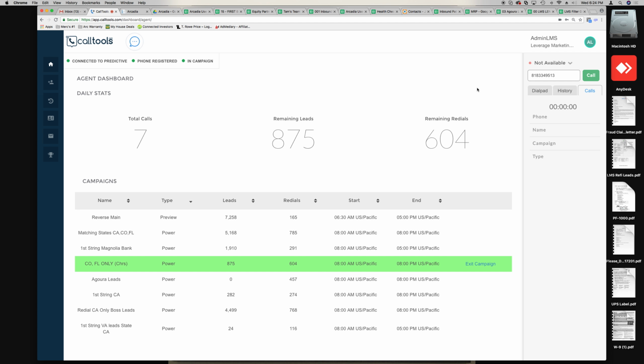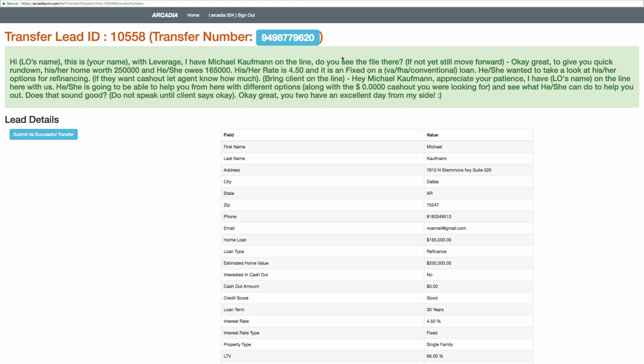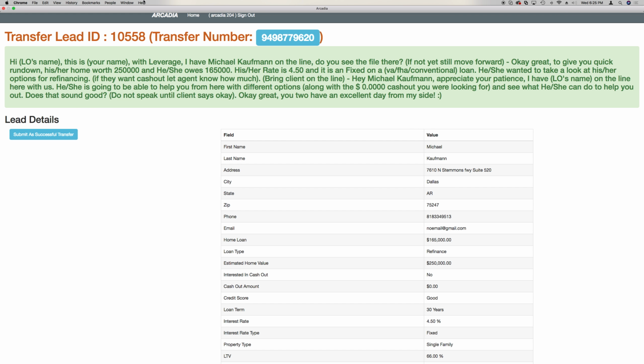That's it. It's as simple as that. So when you do that, the last step is to close this tab, or you can click submit a successful transfer. And when you click that, it'll just register that you were successfully able to get the call transferred over. But I'm just going to exit out here,